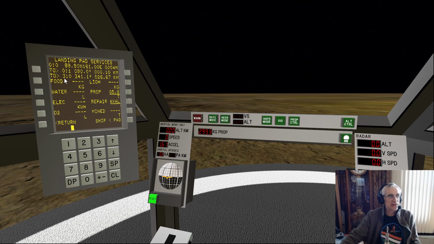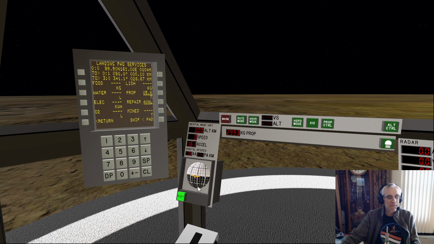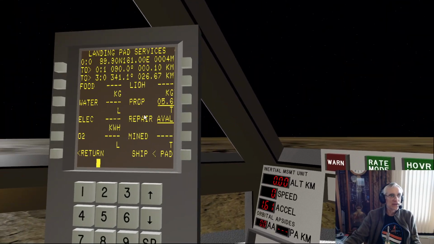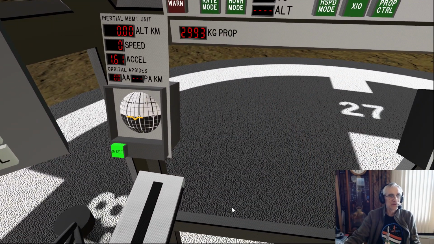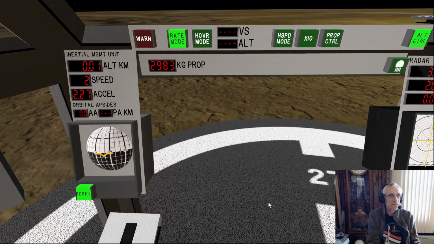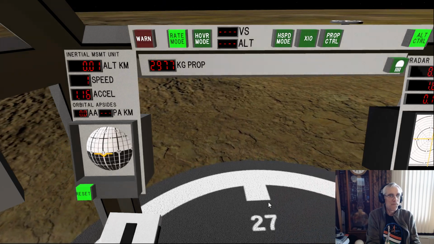Okay, so up here at pad 3:0 is at a heading of 341, a distance of 26.67 kilometers. That's pretty far away. So what I want to do is lift off and we're going to go to a heading of 341 while hovering.